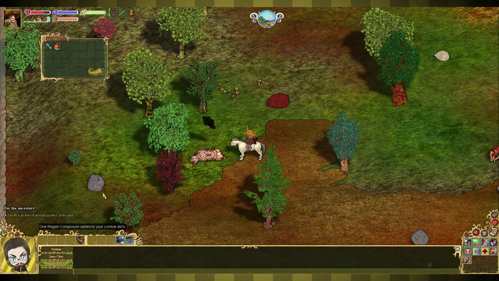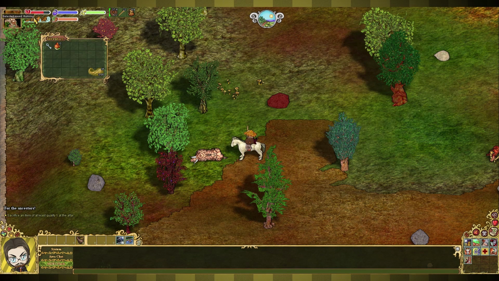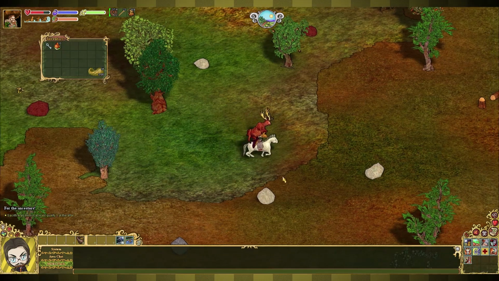I just got another Regain Composure. That's awesome, actually, because Regain Composure is my main defensive move. And I just maxed it out at level 5. Sweet. Kill horses, everybody. Not horses. Kill cows, everybody. That was a cow. But right over here